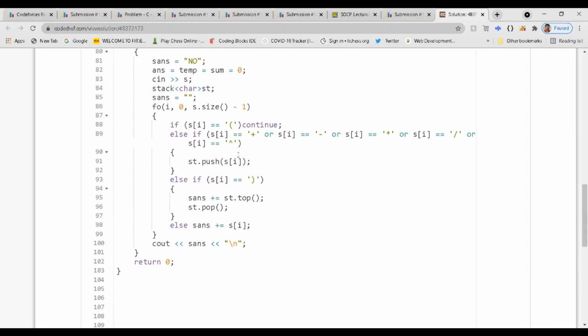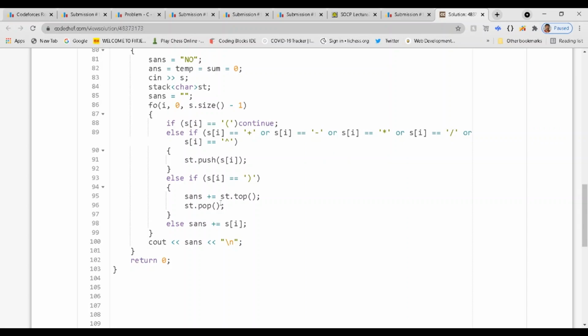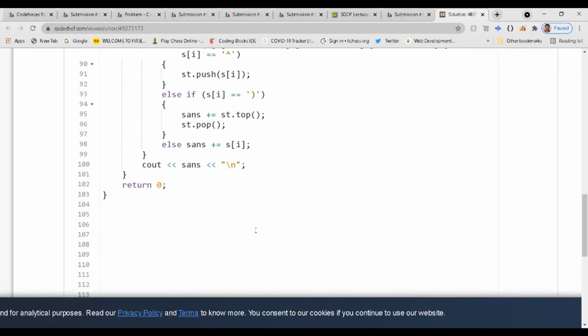Whenever I get a closing parenthesis, I pop out the latest operator in my stack with s.top and s.pop and add it to the string as well. If I get a character like A, B, or C, I keep adding it to the string. At the end, when I have iterated through the whole string, I output the string and get the required answer.